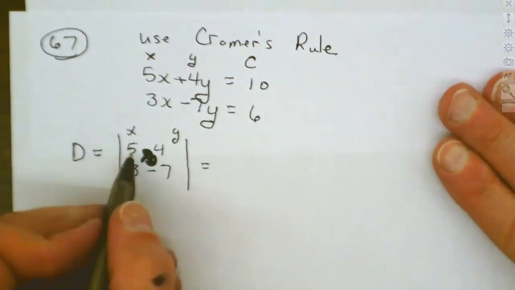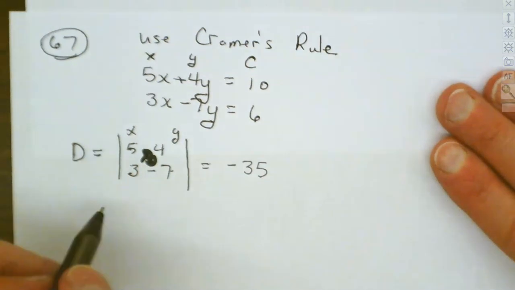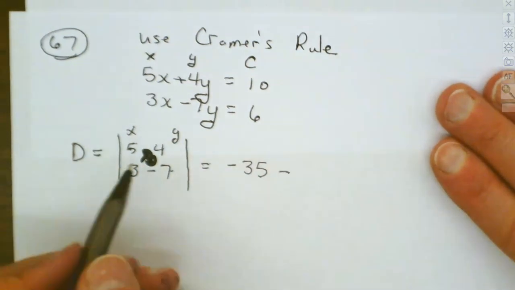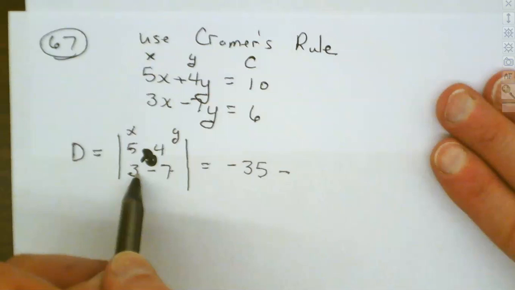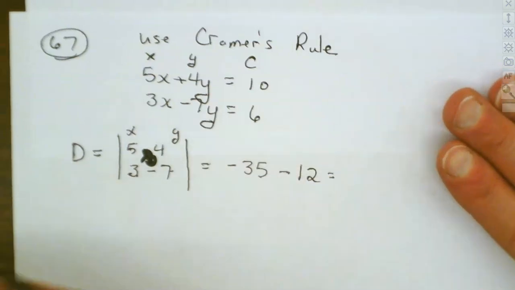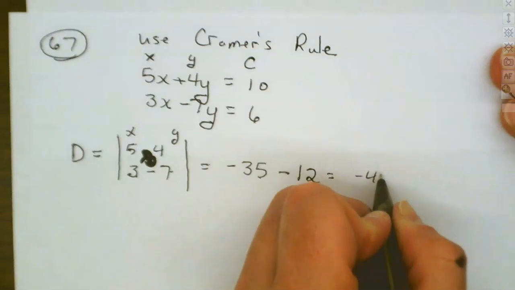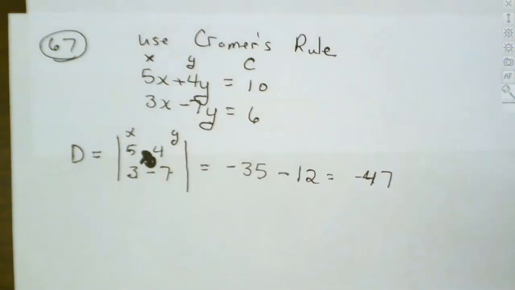Cross multiply here. 5 times a negative 7. That's a minus 35. Minus, always bring your negative down. 3 times 4. 3 times 4 is a 12. Those are the same sign, so they add together. So that makes it a